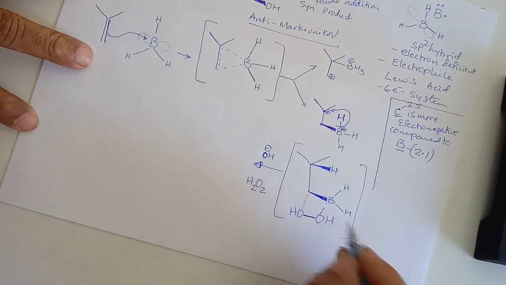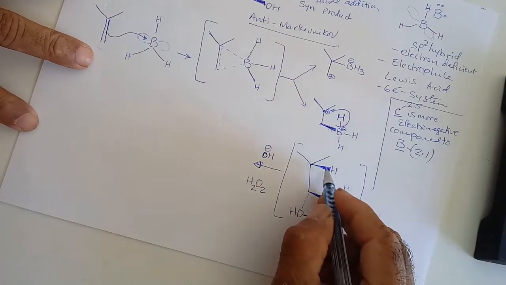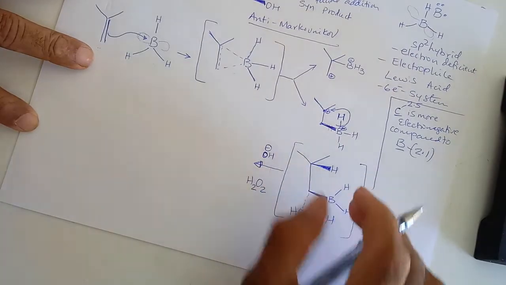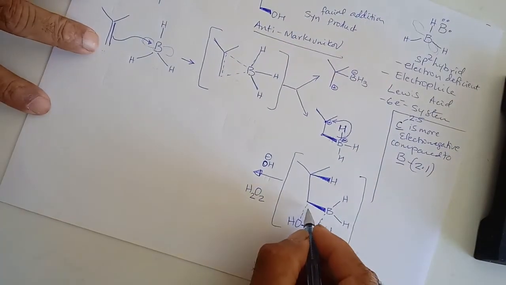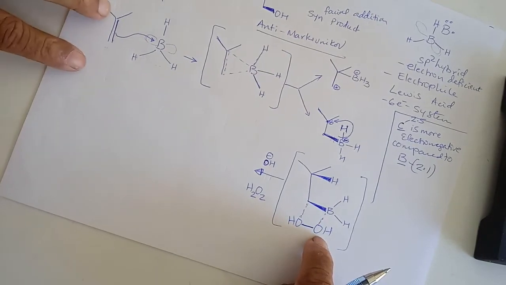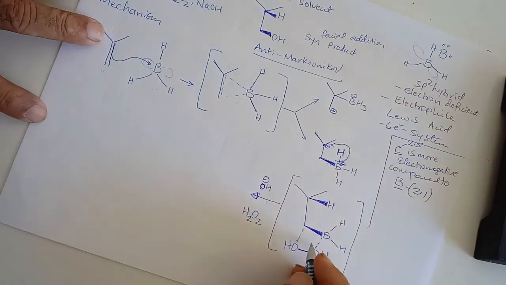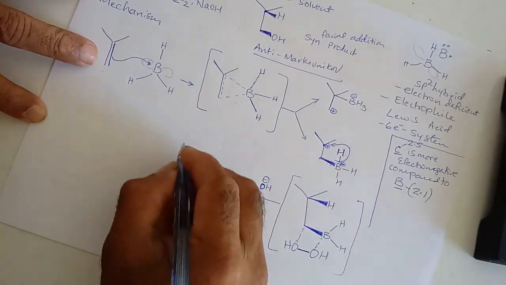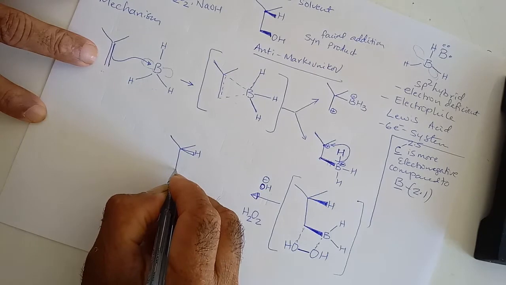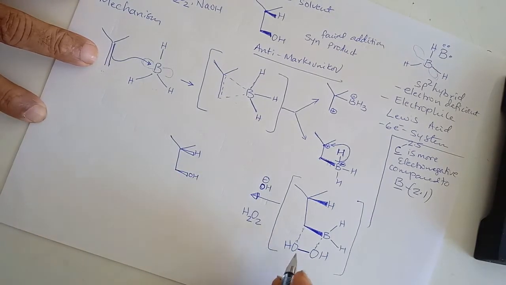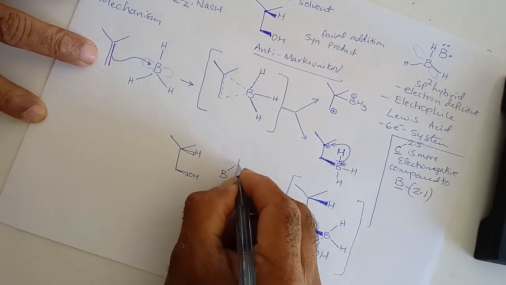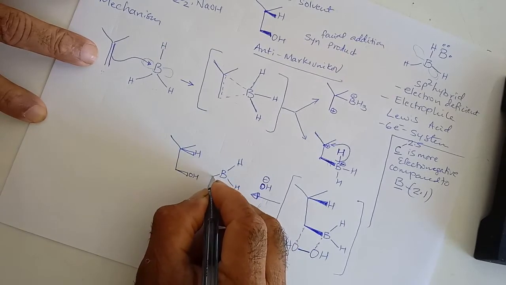there is one reason why you will have OH coming from the same side as the H. It can be justified because this H2O2 has to come from the same side as the H. So there are 2 reasons. One, the presence of H2O2, otherwise not justified. Second, it is going to be a syn product. From that idea, I am proposing that the final answer is this. You have an H here and OH here, one of them. So it's going to be on the same side, and the product will have boron with H, and of course OH,